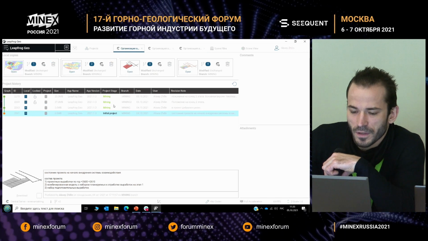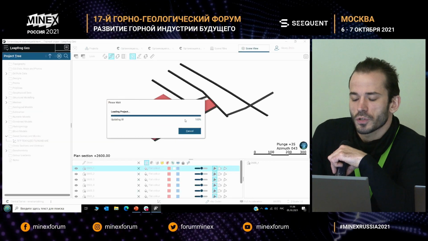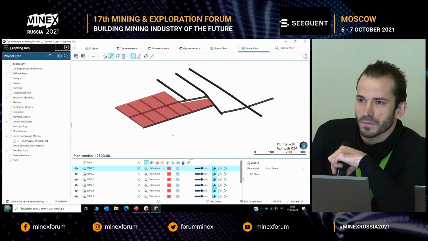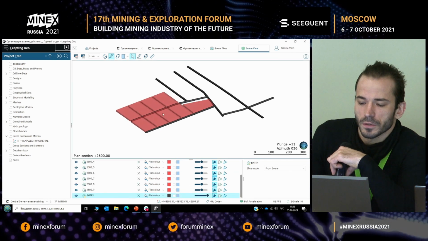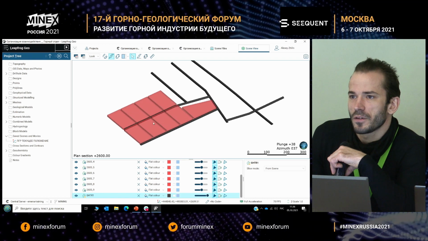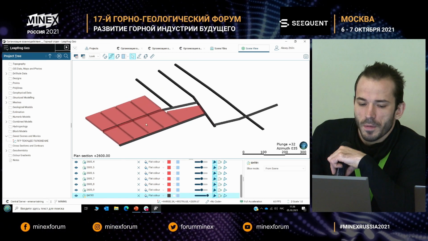I'll show you the version. Let's agree that the mining works start from this moment, the production, stage 1. We have already started with the main production, and we have 9 levels.